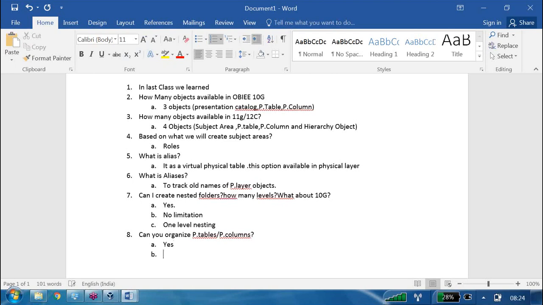Okay, next. Can you create a subject area from multiple business models?